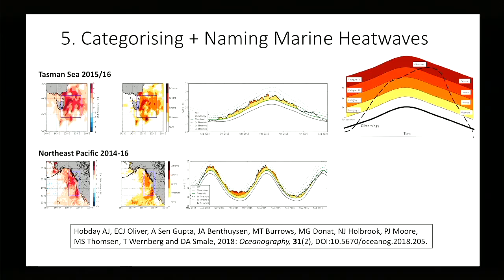So here's a revisit of some of these marine heat waves that we've talked about. Here's a couple of them. There's the Northeast Pacific one, the Blob, and then we've got the Tasman Sea one down here. And when we overlay this framework, we can start to see when they intensified to Category 2 or potentially Category 3 scale.